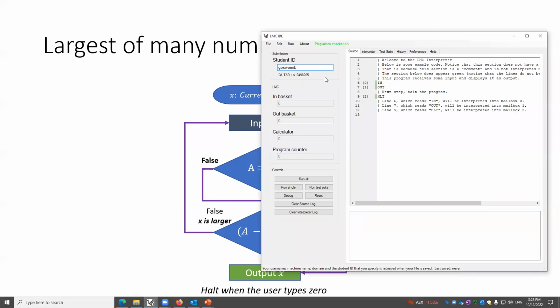So we have here LMC. You can use your student ID, and then I can start coding here. It tells you this is a default program when you start a program. So I can start a new one, right? And it gives me this. And now what we need to do is